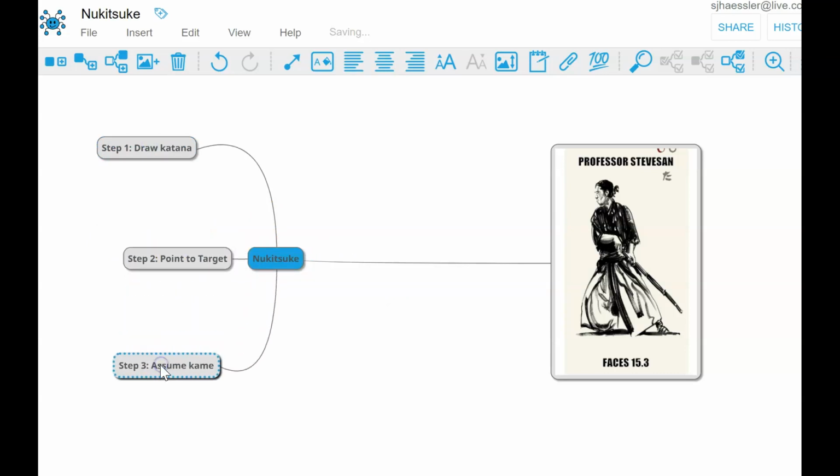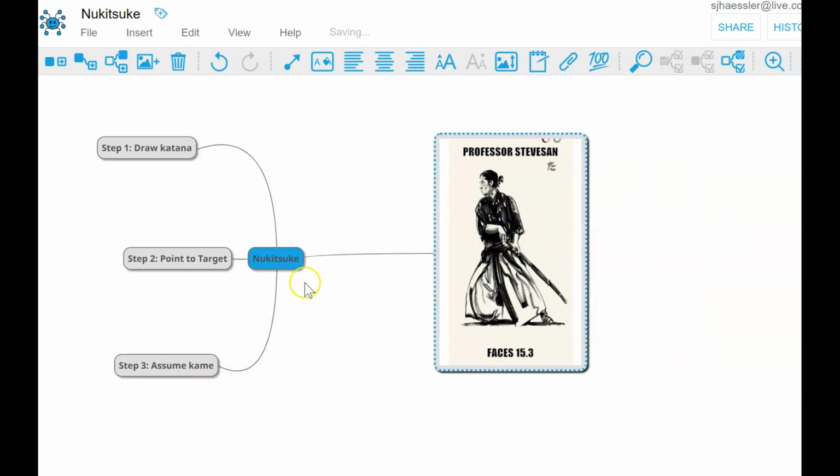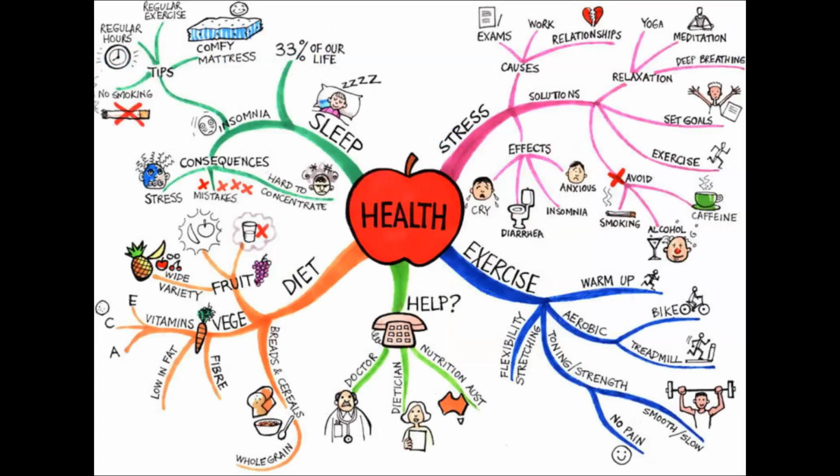And so that's nice. Here's a little graphic here. You can move that around. And the 3-step process for Nukitsuke. Easy for me to say. Draw katana, point to target, and assume kamae. Nukitsuke. And from there, after a little practice, you can